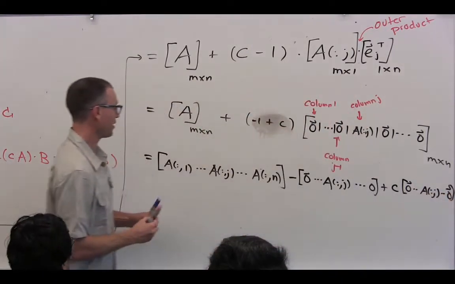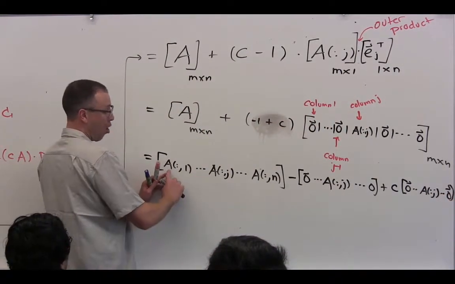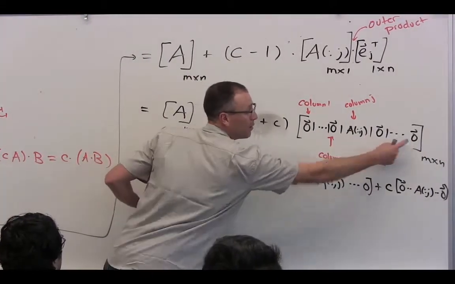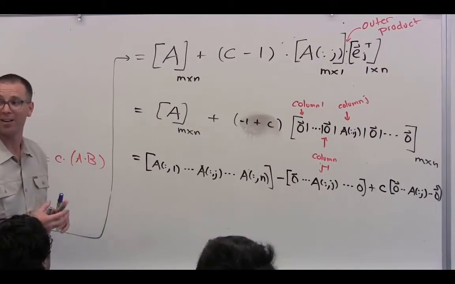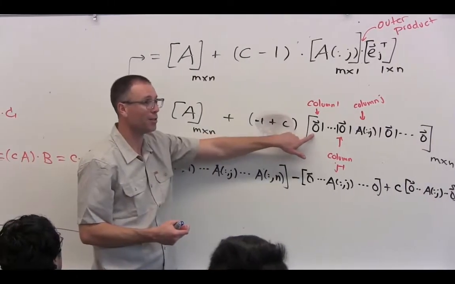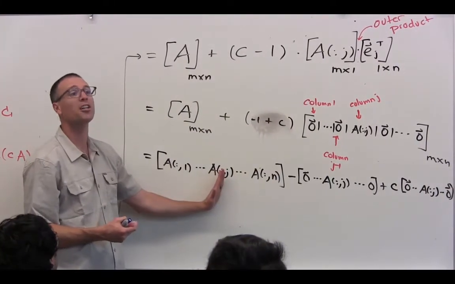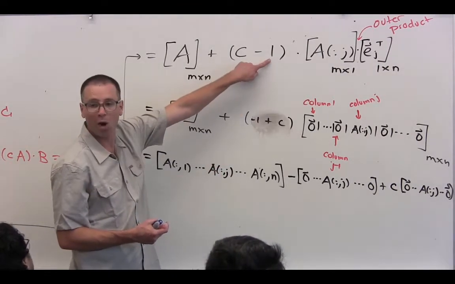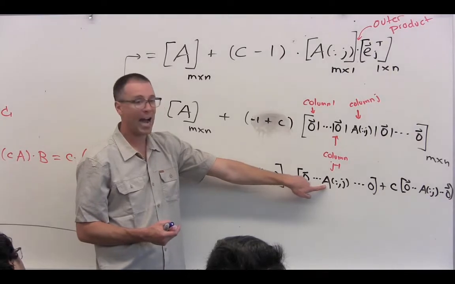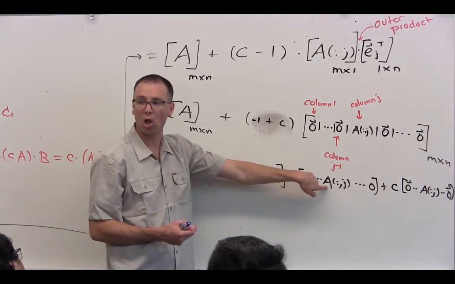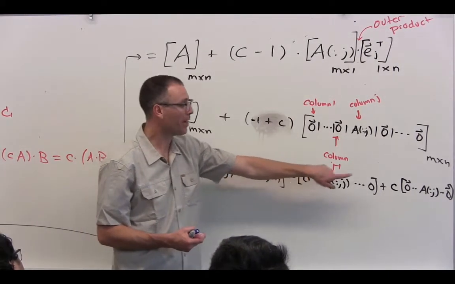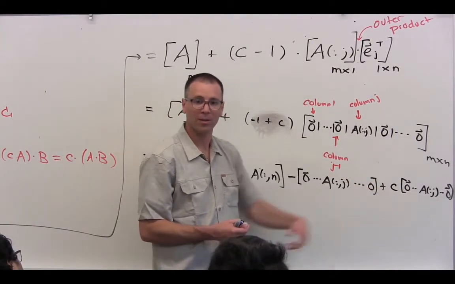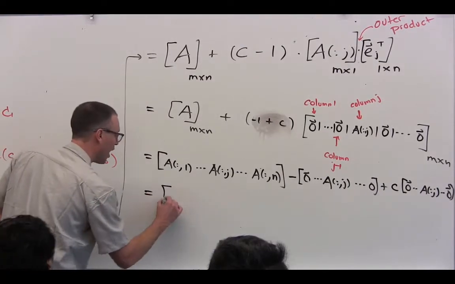So let's see what happens. I take the original matrix. For everything but the jth column, what do I do to it? Not a thing, right? I don't do anything because all of these are zeros. So everything but the jth column isn't even touched by this operation, right? In the jth column, with the -1, what do I do? I subtract the original jth column that I started with, and then I replace it by C times the jth column. Right? So now the matrix that I get out is going to be something like